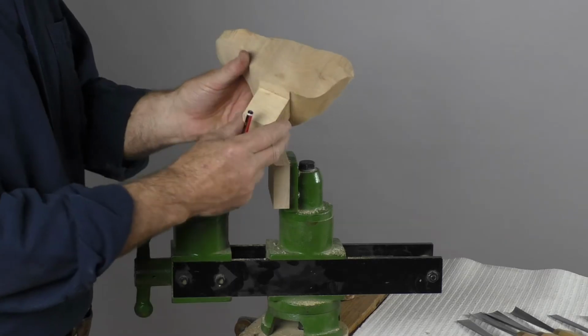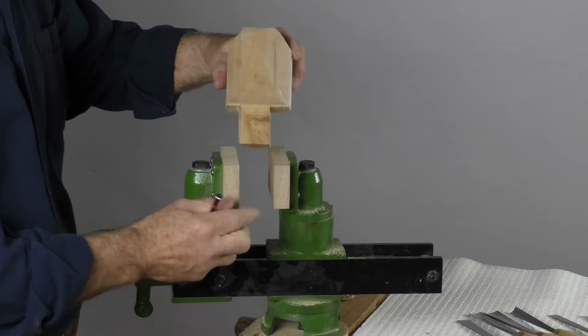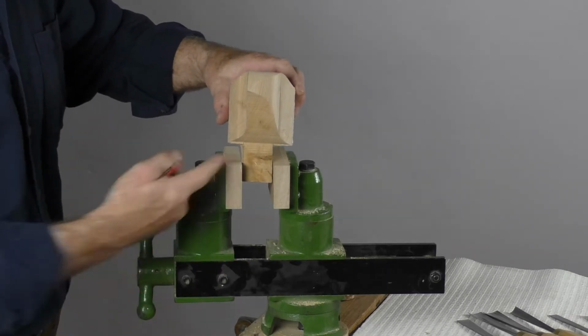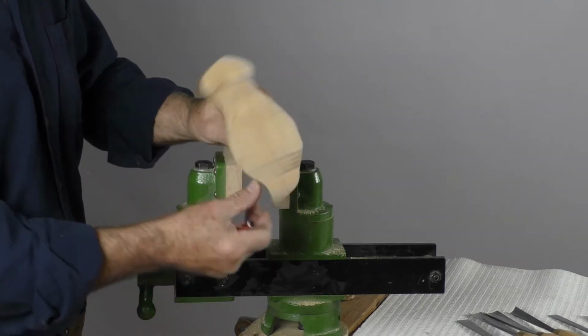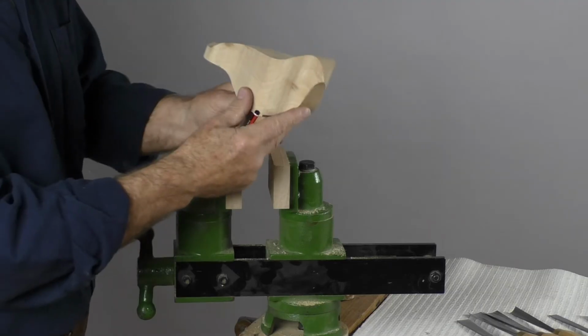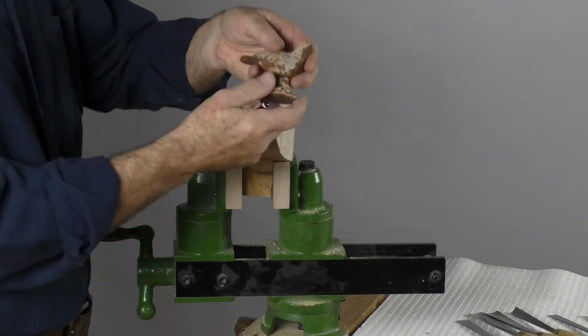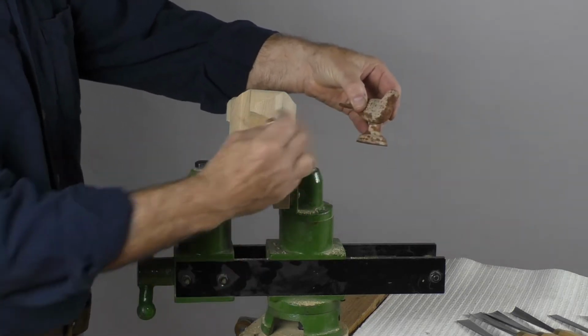I've cut the block down underneath, the holding block, and this will fit now in my pattern maker's vise here. I can hold it here like this. I can actually hold it on the side as well, so I can get round the whole carving quite easily. I'm going to have my subject to hand, roughly at the same level, so that I can eye through,